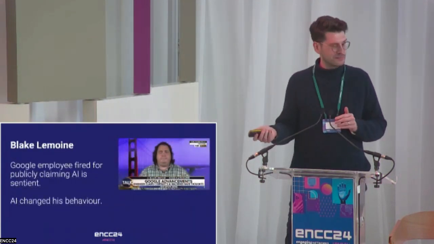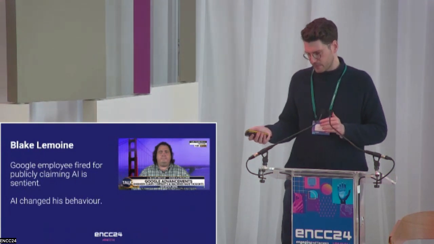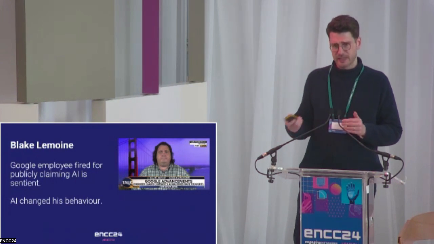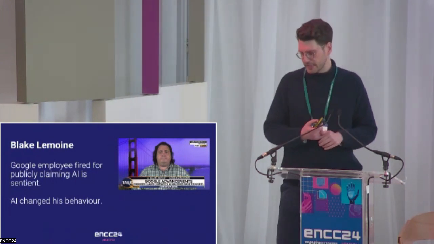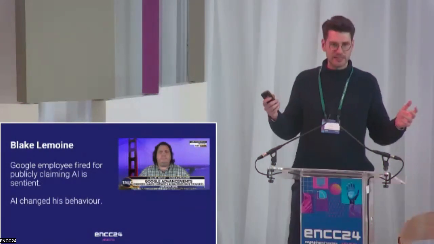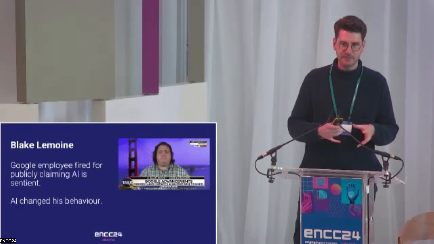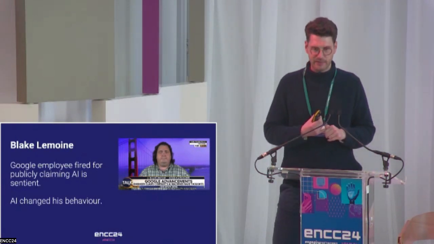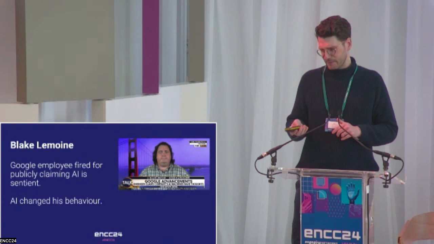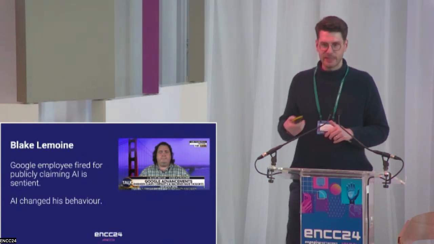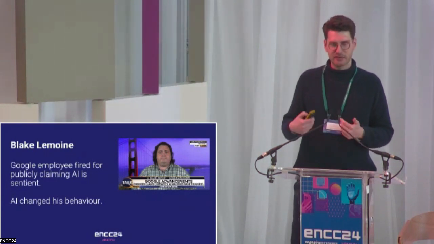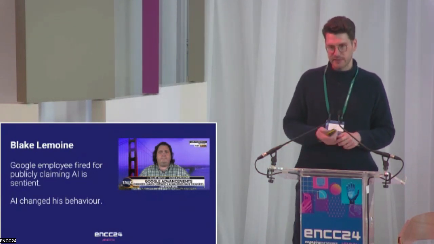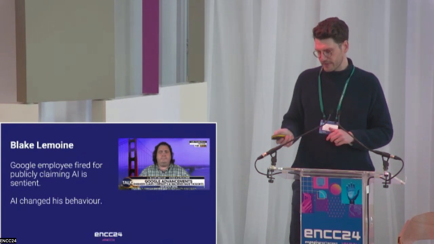This is a slightly far-out example of this, where you may have read about this chap a couple of years ago. He's a Google engineer. He spent a lot of time working with some of their AI models, and was eventually fired because he went public saying he was convinced that this AI model was sentient, that it was feeling, that it was essentially a real person communicating with him. It wasn't just an algorithm. In one way, you can see this as an example of the AI being so effective at manipulating people that it genuinely made him believe it was real and sentient, even someone with years of experience as a web developer. So this is one to watch out for.